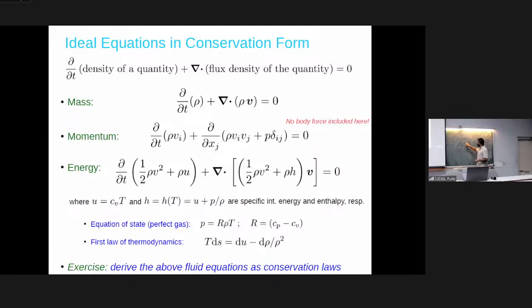So for example, can I ask why Cp is always greater than Cv for an ideal fluid, a perfect gas? Cp minus Cv is equal to what? The question is Cp by Cv, which you write as gamma. For monatomic gases, it is 5 by 3. In this room, for example, it's a good enough approximation. Gamma is 5 by 3. What does it mean? It is larger than 1. Cp is larger than Cv. Why is Cp larger than Cv?